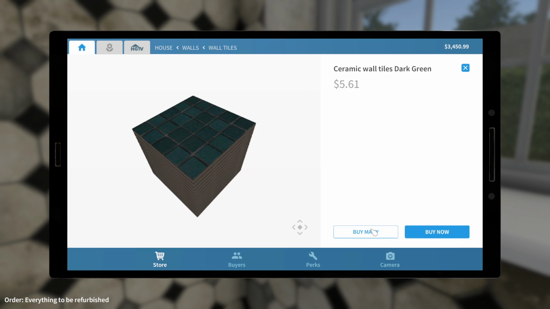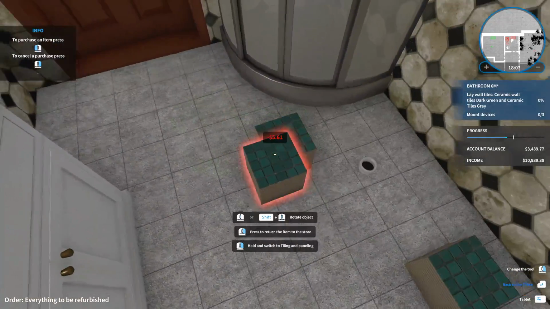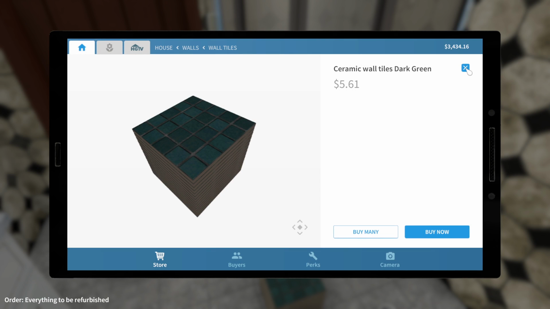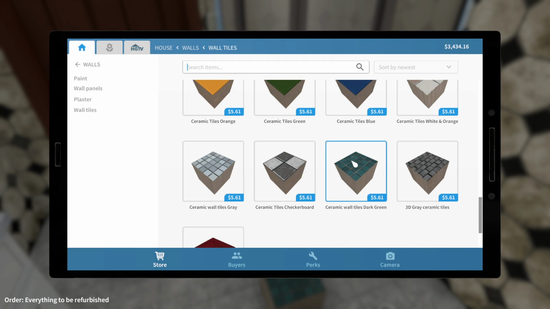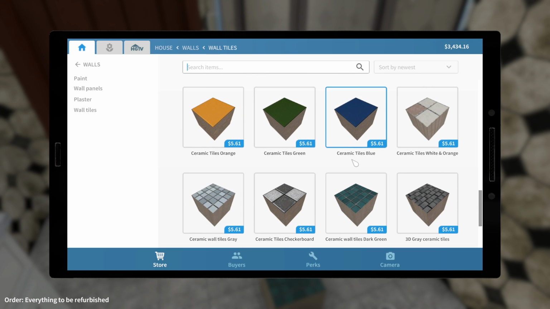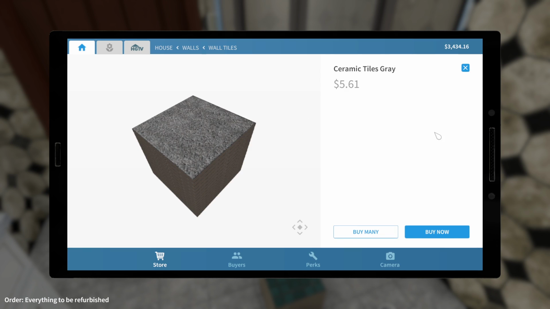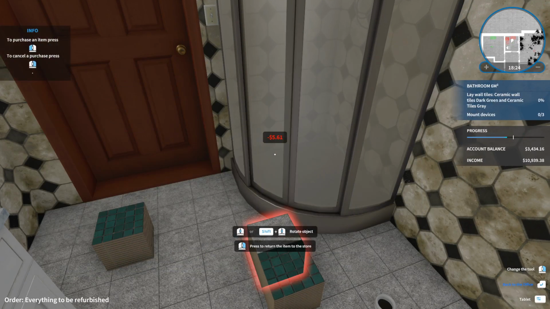Dark green, there we go. I'm going to buy, don't really like these tiles, but anyway, buy 3 packs of them. And then ceramic tiles grey from the wall tiles. I love that look of that scarlet, but I don't have a matching floor. There's ceramic tiles grey, so we'll buy...